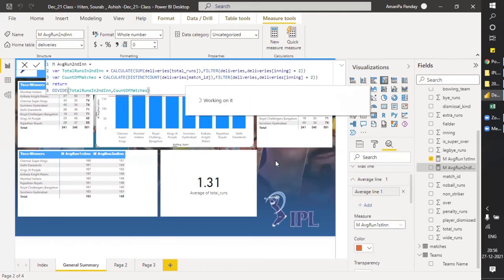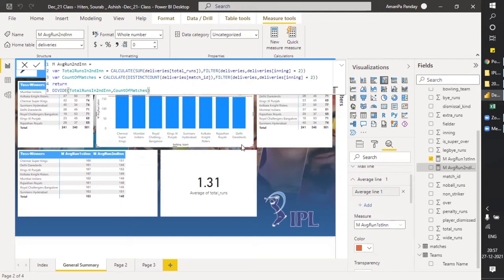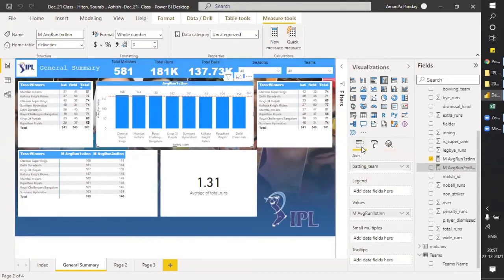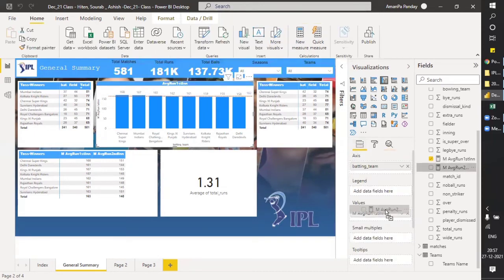So now we will add this DAX expression also in the graph. The system is very slow, so let me come here and drag this and drop it here.